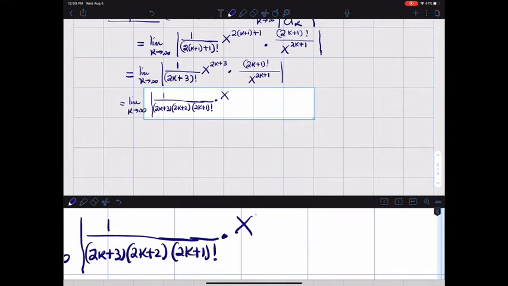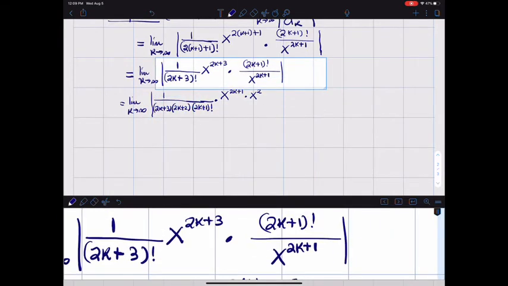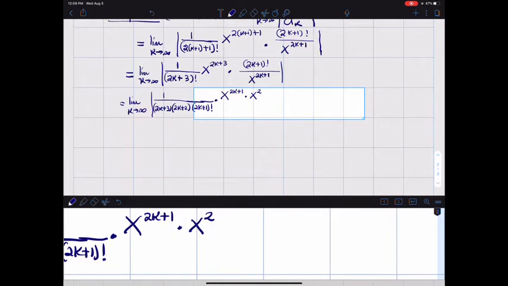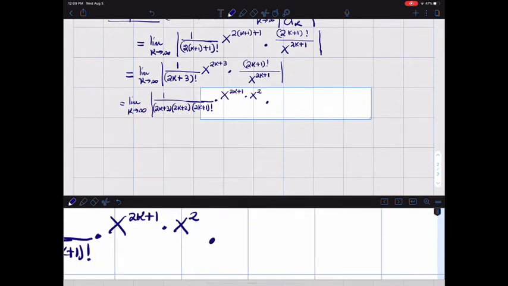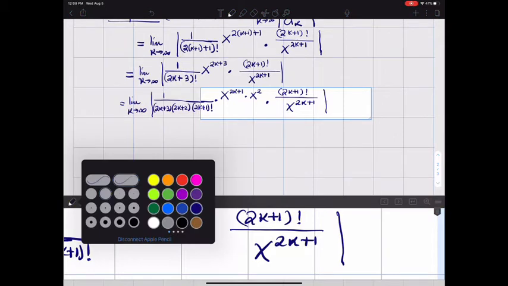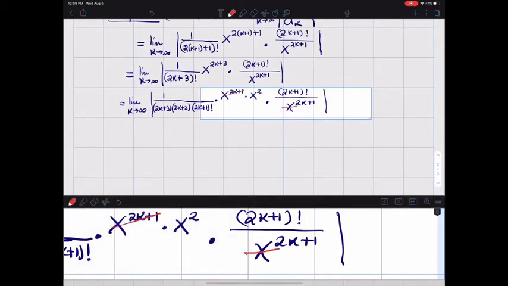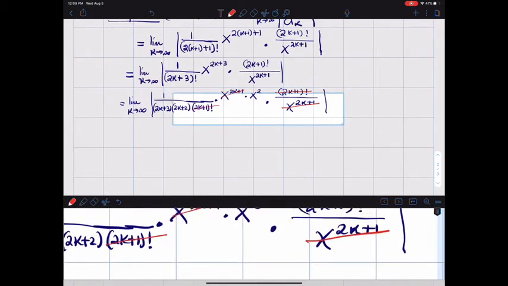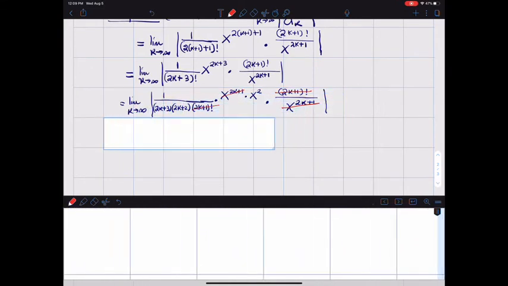x to the power of 2k plus 1 times x to the power of 2. So 2k plus 3 can be written as 2k plus 1, x to the power of 2k plus 1 times x to the power of 2. So now we have 2k plus 1 factorial over x to the power of 2k plus 1. So things are happily going to cancel out. Let's see, this and that. All right, this and this. And then we are left with